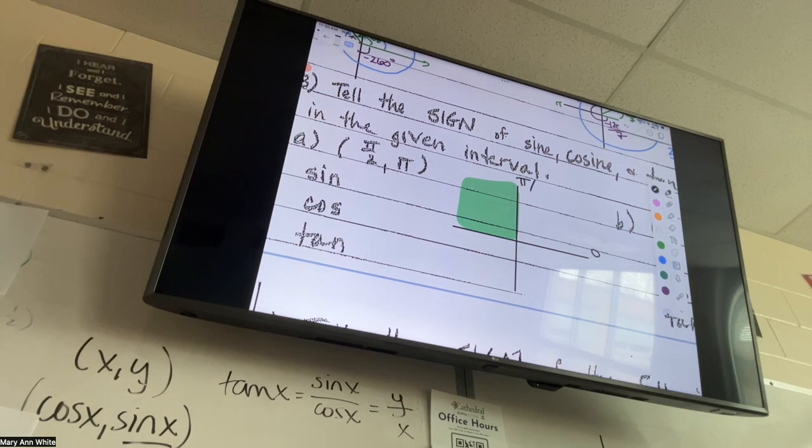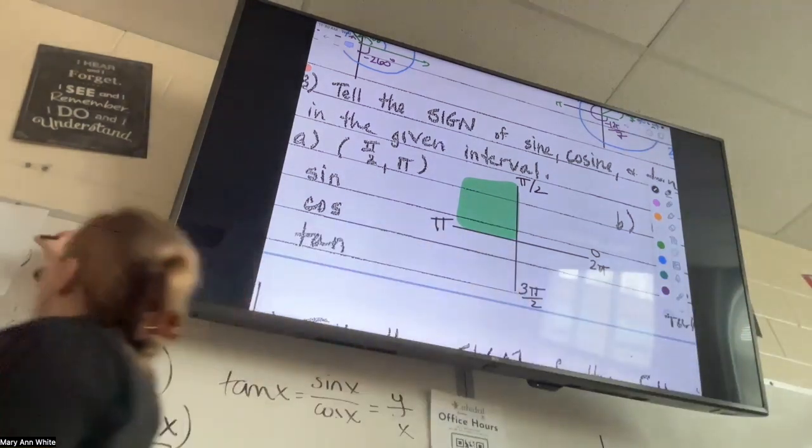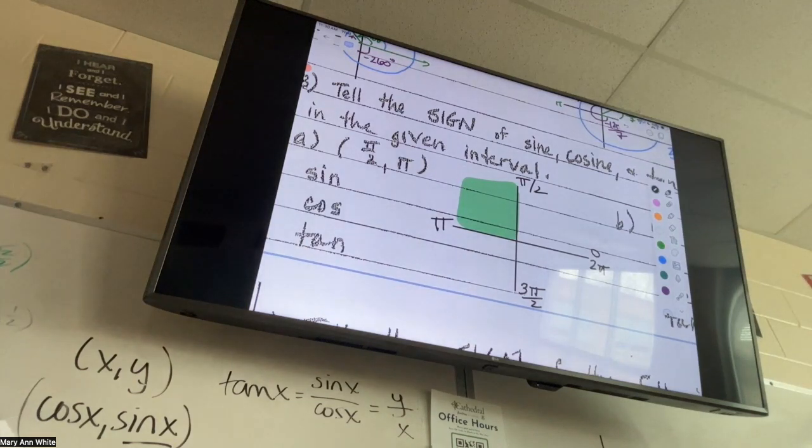0 to pi over 2 is the first quadrant, pi over 2 to pi is the second, pi to 3 pi over 2 is the third, and then 3 pi over 2 to 2 pi is the fourth. So we're looking in this quadrant. Looking at our unit circle,